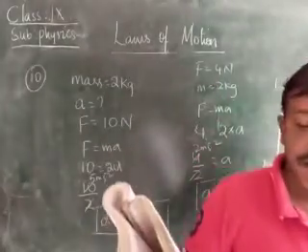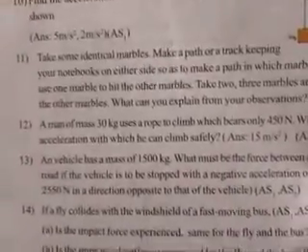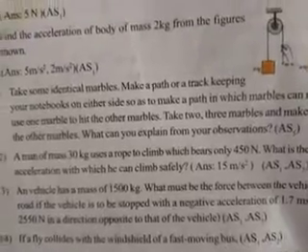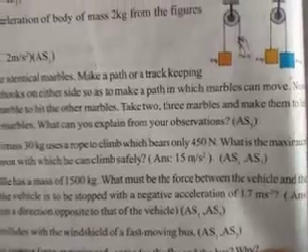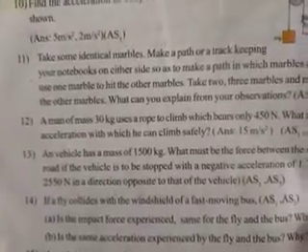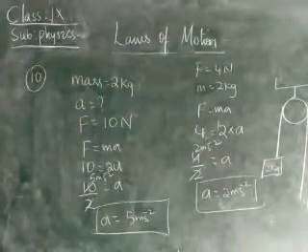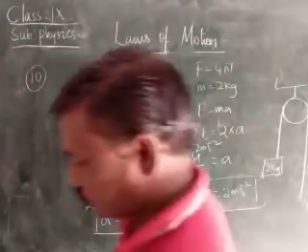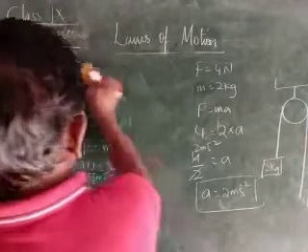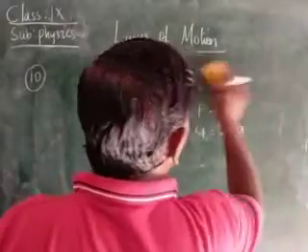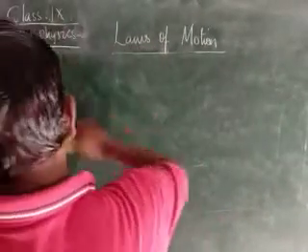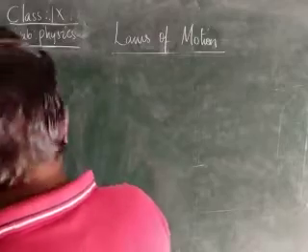Okay, children, here mass is given, that is 30 kg. He uses a rope to climb which bears only 450 newtons. Force is also given, children. He is asking what is the maximum acceleration with which he can climb safely. Okay, that means with what speed he can climb such that he reaches the hill safely. Okay, right. 12th problem, children.